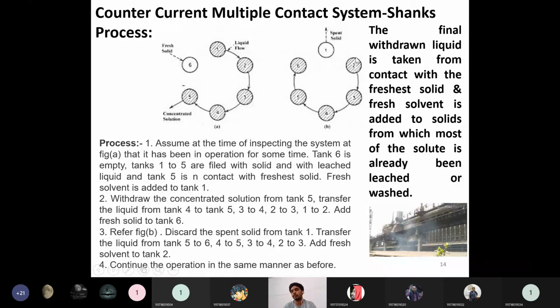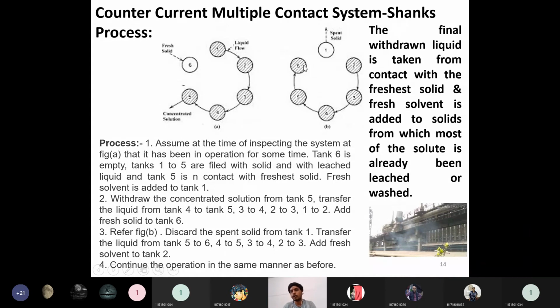So the older solvent which is in tank 2 is once again flowing to tank 6. Okay, then what happens now? The older solvent is just flowing from tank 2 to tank 6, and in the next batch, fresh solids will be added here, because this is the older one, this is the younger one. So the younger batch is adding solids here, but the older solution is traveling from 2 to 6. So the older solvent is coming in contact with fresh solids. So in the next cycle, from here the concentration comes out.